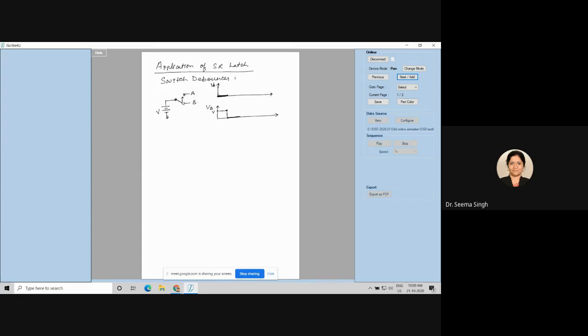It is like a push button. So we switch it, a mechanical switch, from B to A. It goes and sits at A. So A will get VA equal to V. Not a problem, but it bounces back, because the mechanical switch has the property of mechanical bouncing.